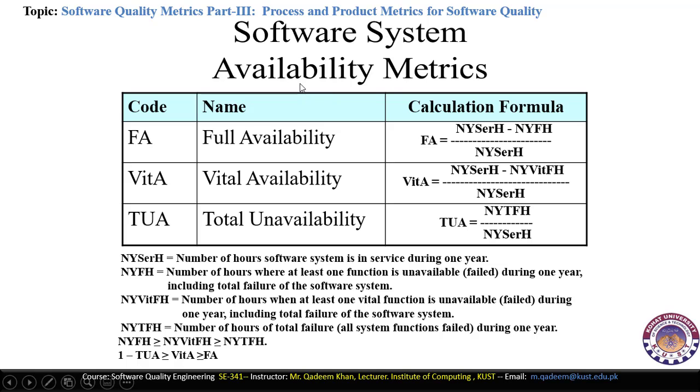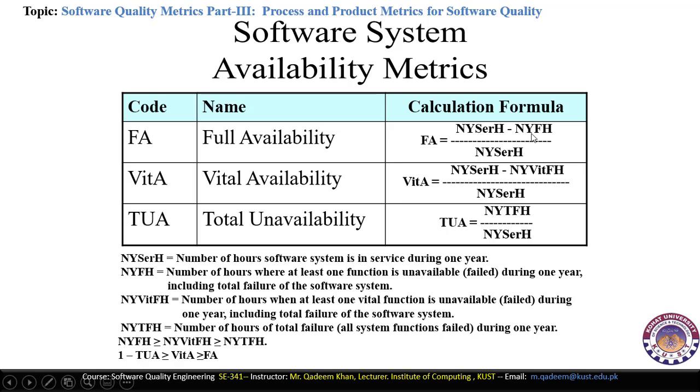Now, another type of software matrix is the software system availability matrix. Software system availability matrix measures the availability during the life or during the maintenance of the software systems. So the first matrix here is the FA matrix, which is the full availability. Full availability means that the software is fully available with us and there are no problems during the usage of the software. So here full availability FA is equal to